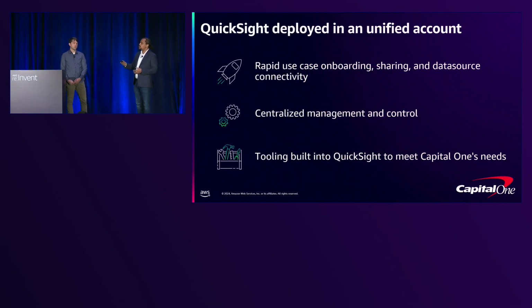You might have heard Sean talk about unified environment as one of the pillars for leveraging QuickSight to enhance your data-driven decisions, and that's what we're doing. Although we could have created QuickSight in multiple AWS accounts for each line of business, we chose to do it in a single AWS account managed by the enterprise, and we believe that's giving us an edge in terms of speeding up user and use case onboarding because we can pre-configure most of the data source connections and data sharing.